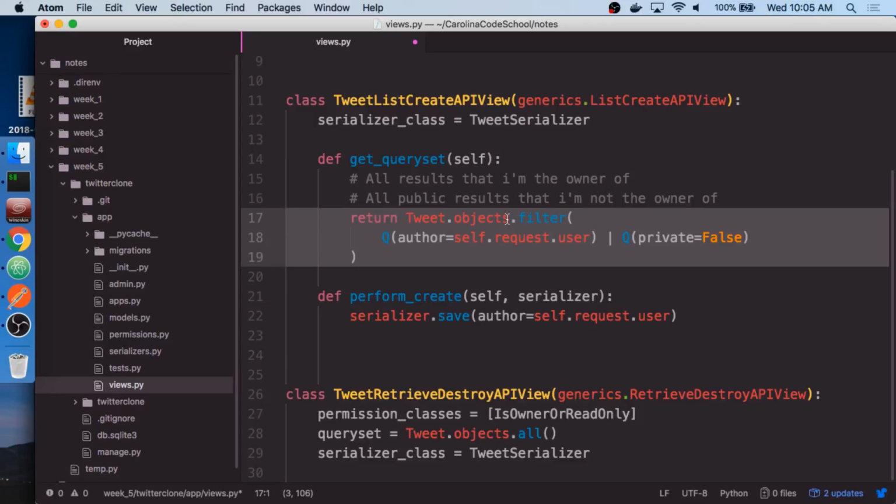Or I want to see all the queries that are marked as private false, meaning I don't care who the author was. So we have these two sort of exclusive fields that I don't really want them to mess with. In one case, I want to get all the ones that I've created. I don't care if it's public or private. In the other case, I want to get all of the private ones and I want to merge them together. And that's how you do that with an OR.